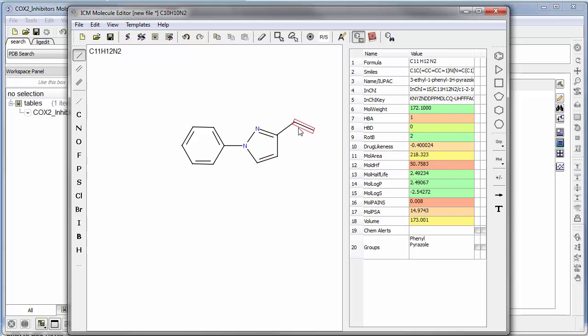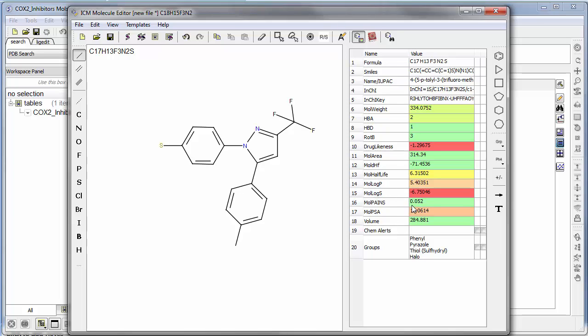So we have the formula, chemical formula, the smile string which we saw earlier, the InChI key, and then properties such as molecular weight and other Lipinski-like properties such as logP, solubility, hydrogen bond acceptors, hydrogen bond donors, and predicted half-life,